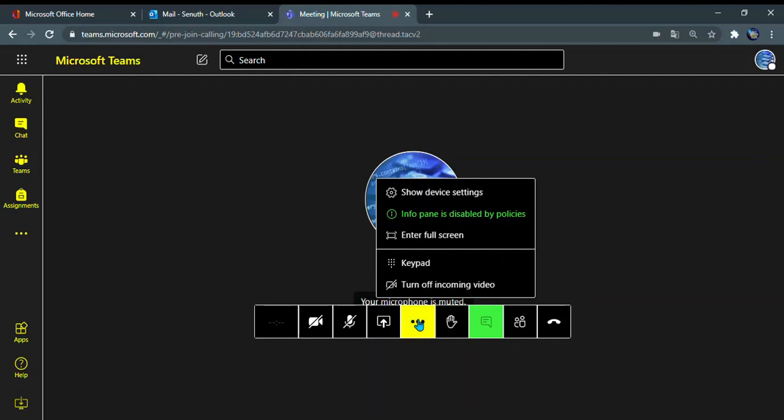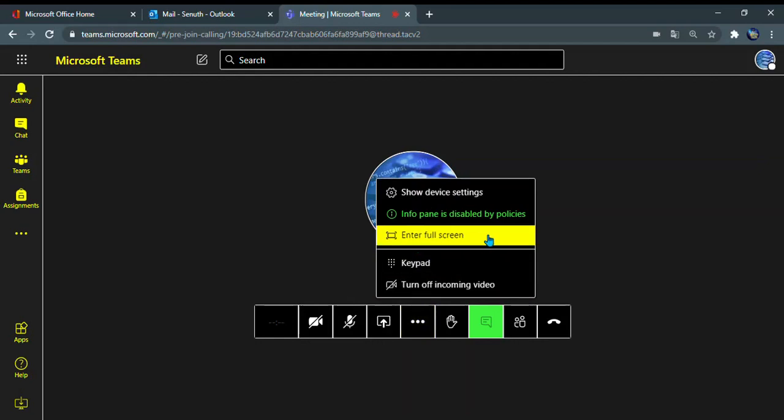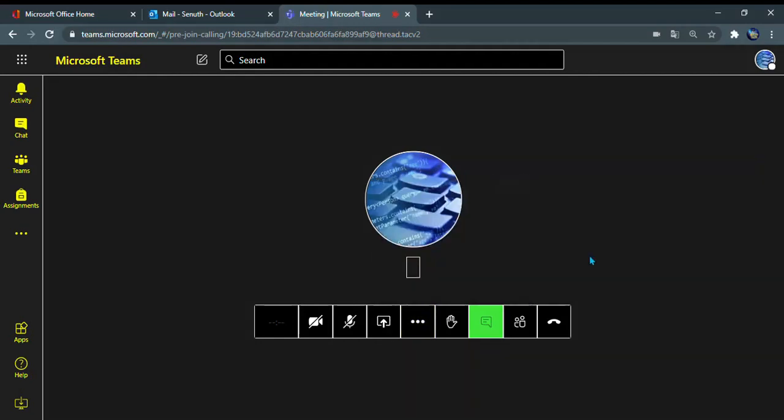If you want to show that you want to tell something, use this raise your hand option. And if you want to chat with everyone in your meeting, you have to click this meeting chat icon. If you think your presenter's screen is small, you can press the F11 key on the keyboard or click these three dots and click enter full screen.